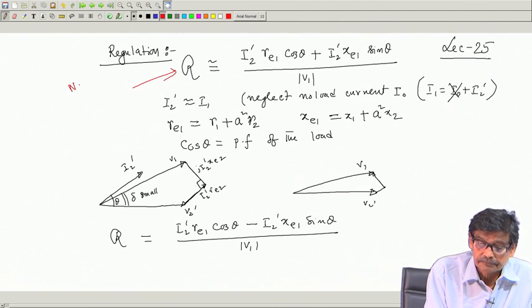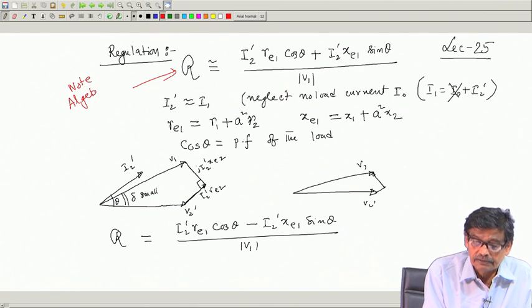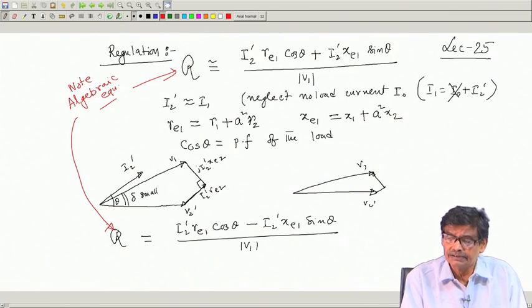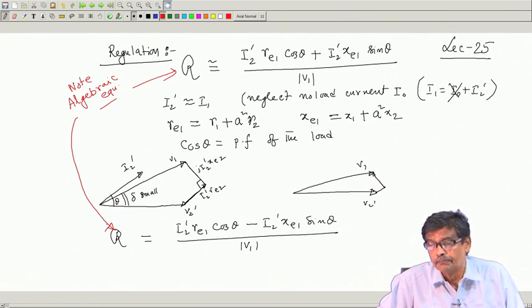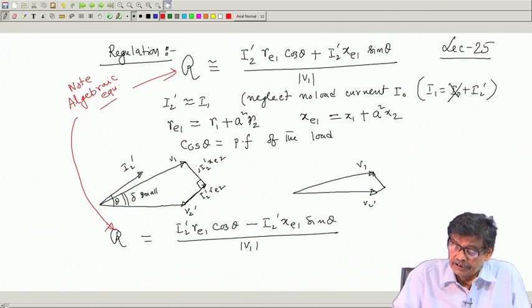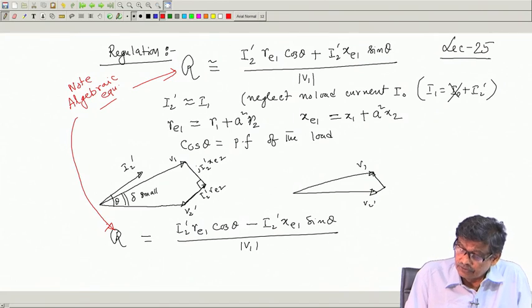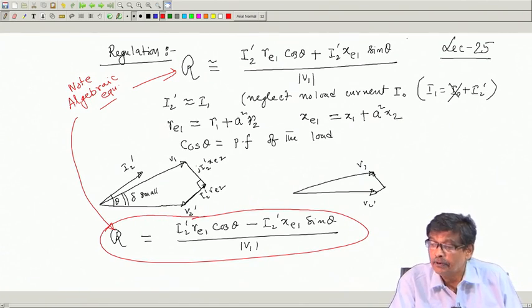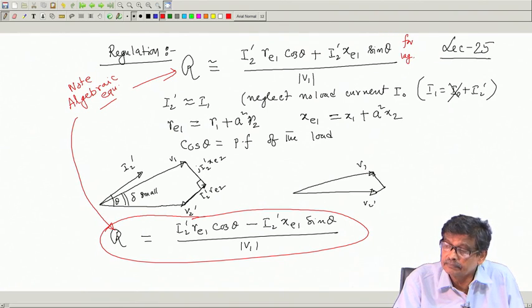Note, this is an algebraic expression, no phasor, an algebraic equation. Similar is this one, algebraic equations. Here there is no phasor, I2 dashed is only a number, the magnitude. Re1 is a number, no j Xe2 and so on. Therefore, it will be like this. So, for leading power factor this is the expression, this for lagging power factor, and this is for leading power factor.